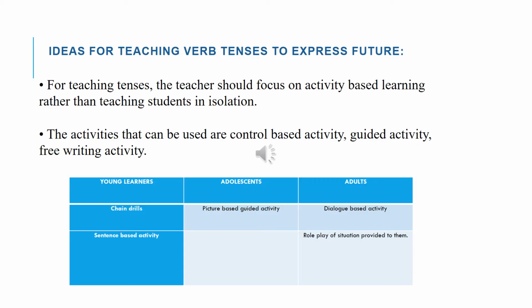Alright, so the last section of the presentation is basically ideas for teaching verb tenses to express future time. So our suggestion would be that tenses should be taught through activities. Activity-based learning should be promoted in schools and in different educational institutions. The reason behind this is basically when you actually teach tenses in isolation,